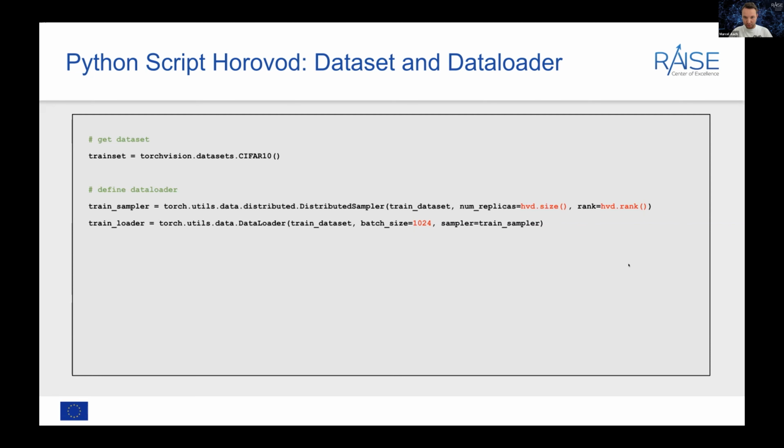For this, you need to specify how many samplers you want in total, which is the number of replicas. So we set that to the total number of GPUs we have. And then you need a unique identifier for each train sampler, which is specified with the rank. The Horovod rank command also returns the global rank of every GPU you're currently working on.